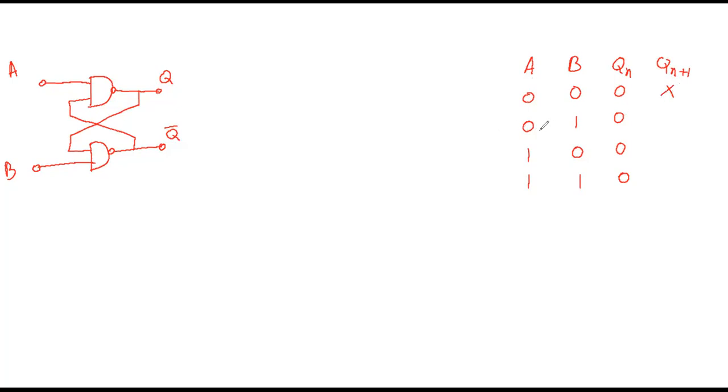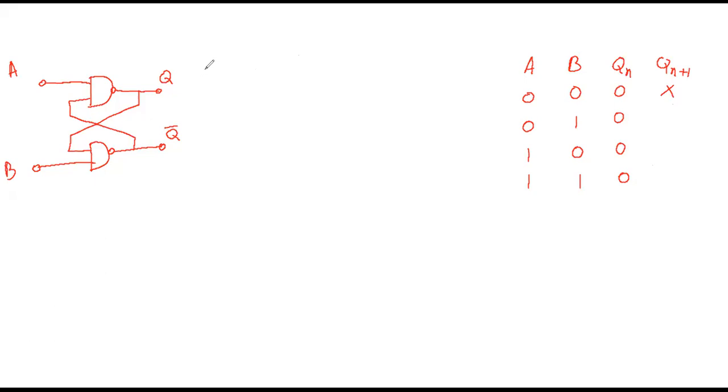Now, for A, B equal to 0, 1 and 1, 0, what happened? I forgot. Sir, for 0, 1, the output was 1 and 0, and for 1, 0, the output was 0 and 1. For 1, 1, the output was 1 and 0. Okay, let me check once again all the 3 cases, so that we will be able to remember, and you will have a good practice session for this one also.